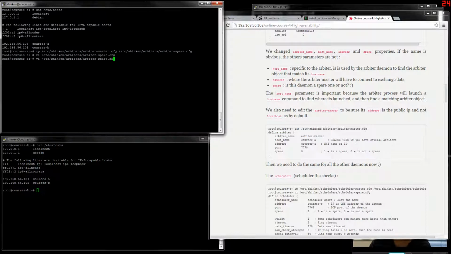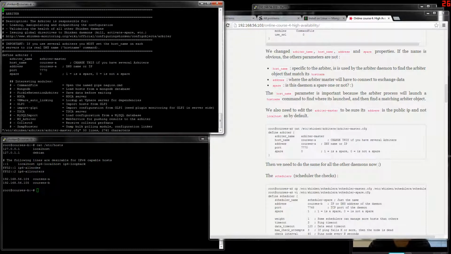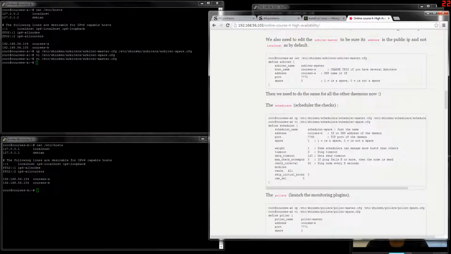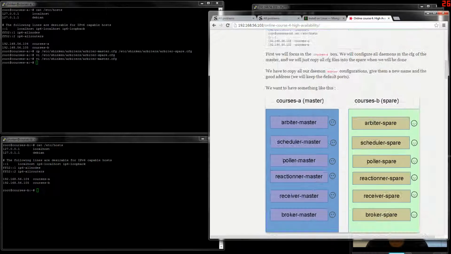It's done. Check the master node, because it needs its hostname entry with its real hostname, so server A, and this one is not a spare.